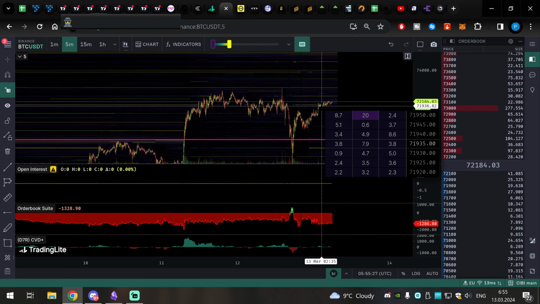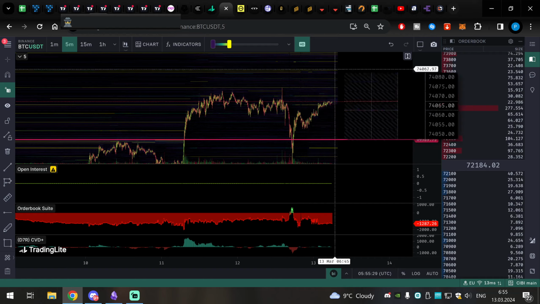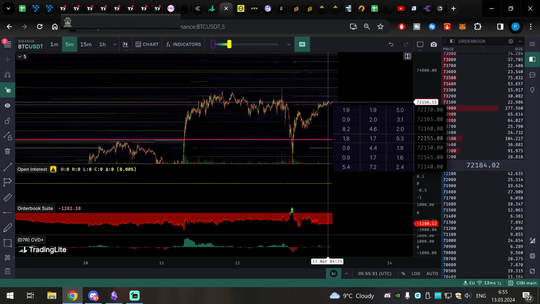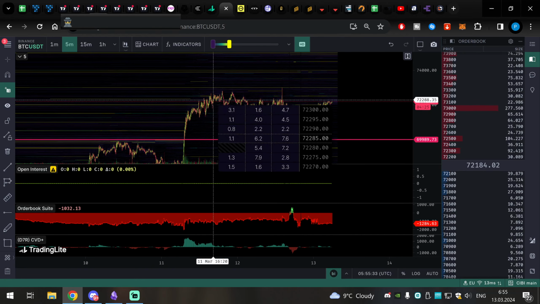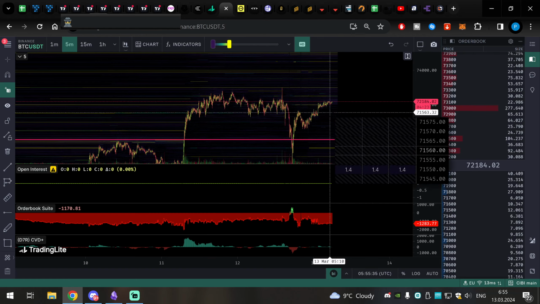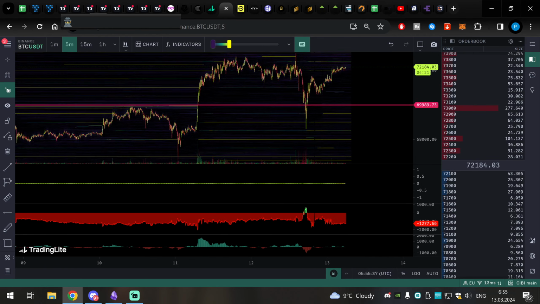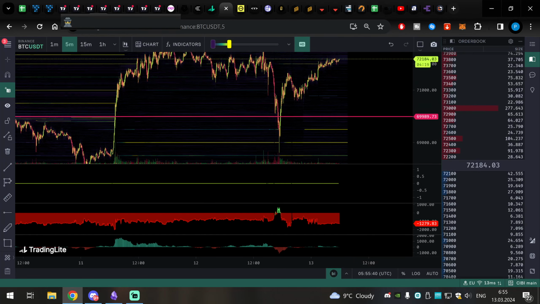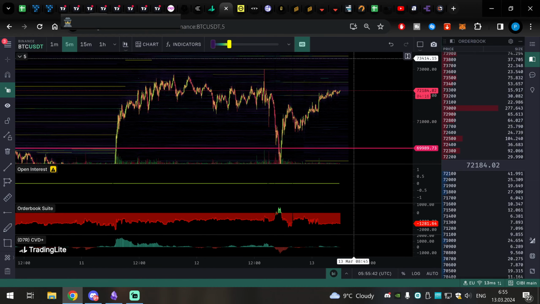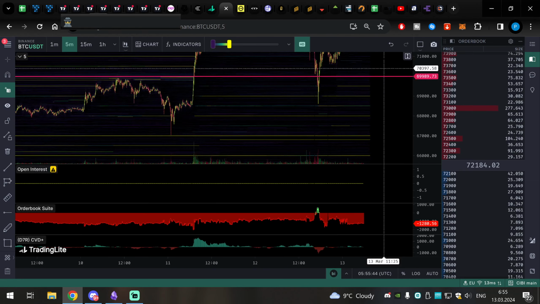Why do we start to slow down here? Because spot is now layering a lot of orders, so it's very likely we will start getting into grinding mode, grinding, choppy, same thing like here. It was very easy for Bitcoin to move up over the empty order books, but now the hard part starts for Bitcoin, and it's going to be more grindy.